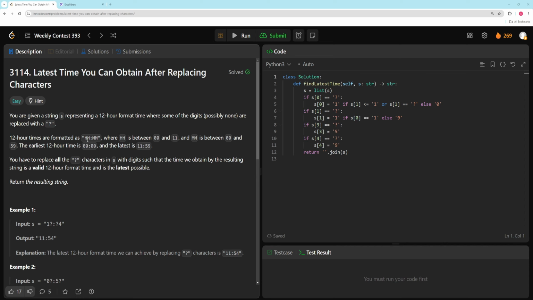You're given a time and your hours or minutes can be question marks or times, and you want to return the biggest time you can get. So basically this is just a straightforward bunch of if-else statements. There's not really too much to say. So if the first thing is a question mark, you basically check if the second one is either a 1 or a question mark, it has to be, so the biggest time you can have for hours is 11,